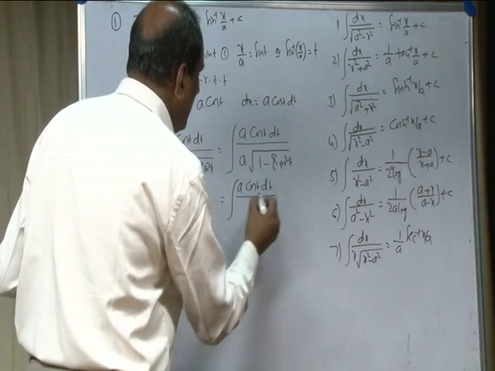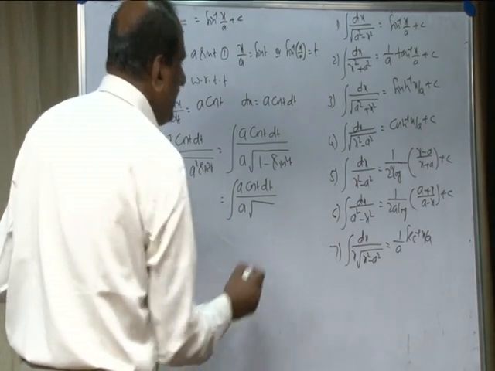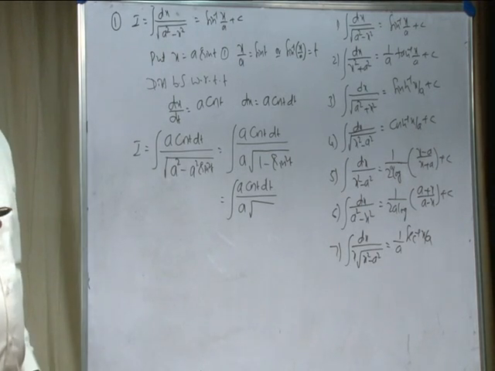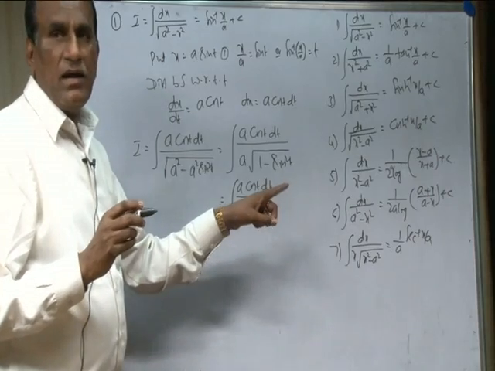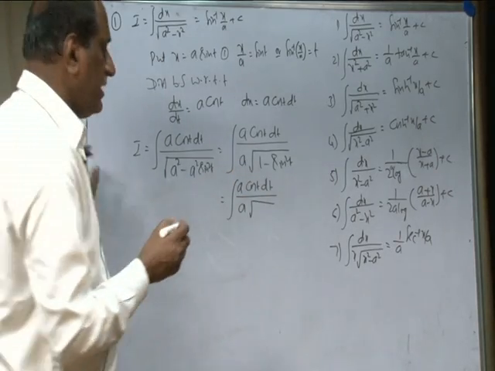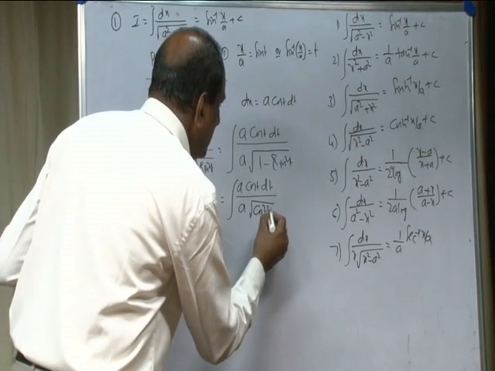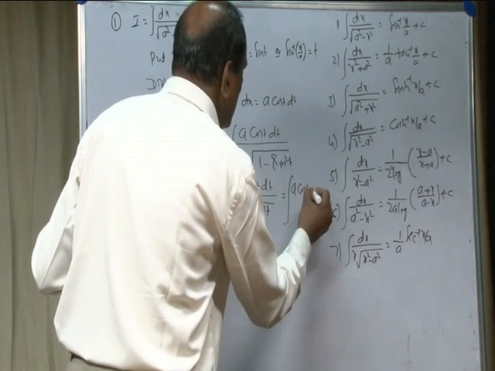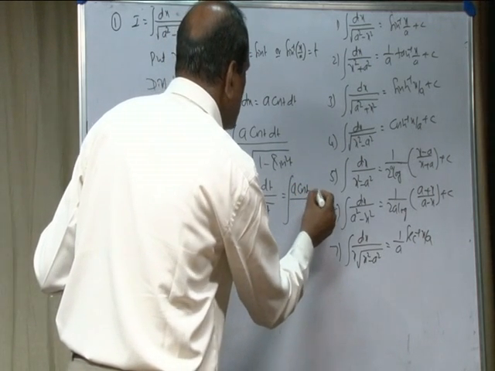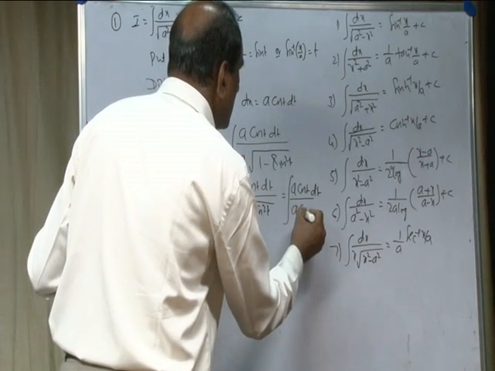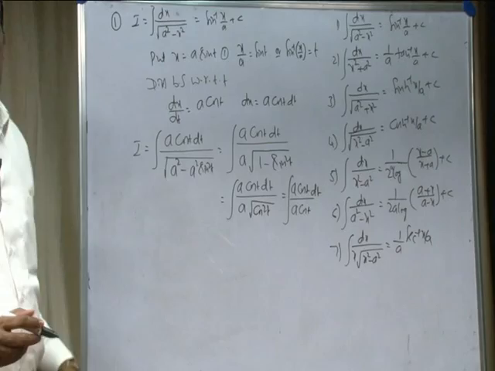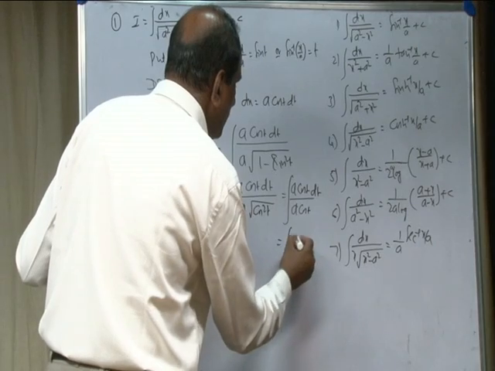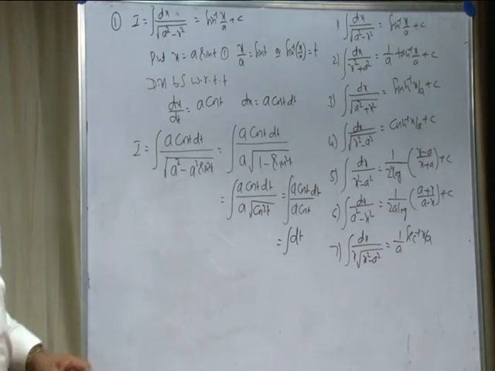dt divided by a into, what is 1 minus sin square t? According to the trigonometric identity, sin square t plus cos square t is equal to 1, or cos square t is equal to 1 minus sin square t. So, that is equal to a cos t divided by a cos t dt divided by a into cos t, root of cos square t is cos t. a cancels, cos t cancels, we get only dt inside the integrand, that is 1 into dt